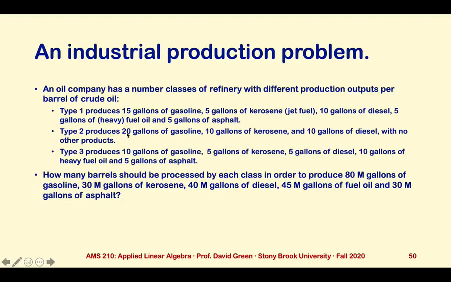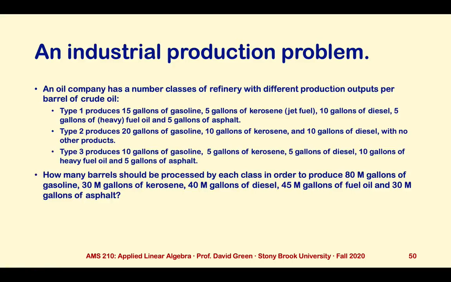Type 2 produces 20 gallons of gasoline, 10 gallons of kerosene, 10 gallons of diesel, but doesn't produce any fuel oil or asphalt. The third type produces 10 gallons of gasoline, 5 gallons of kerosene, 5 gallons of diesel, 10 gallons of heavy fuel oil, and 5 gallons of asphalt. So type 1 is kind of a balanced production of all types. Type 2 is weighted to the lighter products, and type 3 is slightly overrepresented in the higher weight